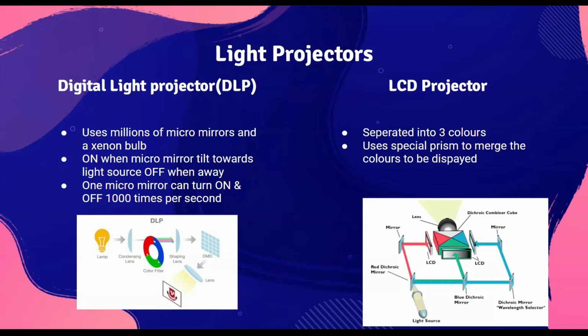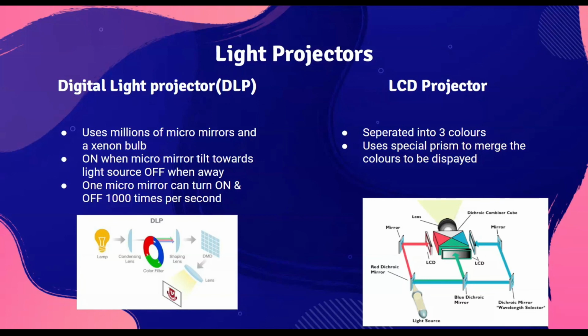That's totally about DLP. So moving on to LCDs. The difference between how a DLP and an LCD work is that DLP will show colors one by one. Say if we are projecting a white color through a DLP projector, then first red will be shown, then green, then blue. We cannot see it with the naked eye since all these colors change within a fraction of a second, so it appears to us as if we are seeing a white color.